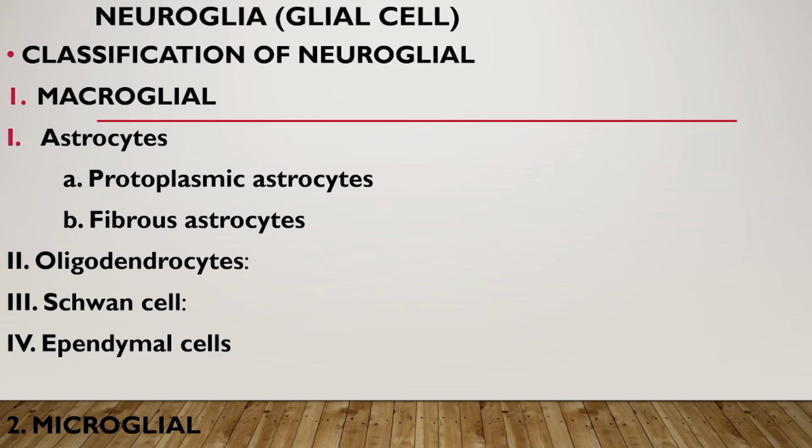There are two divisions of the astrocyte. But before we get to those, the astrocytes are star-shaped cells that provide structural support to the neurons. They regulate the extracellular environment. The astrocytes join to form what we call the blood-brain barrier. Satellite cells have the same function as the astrocyte but are not found in the CNS.